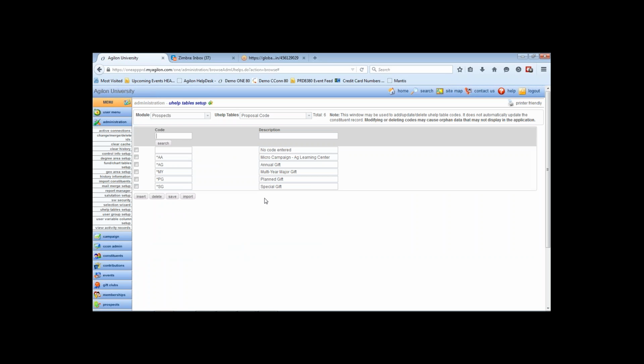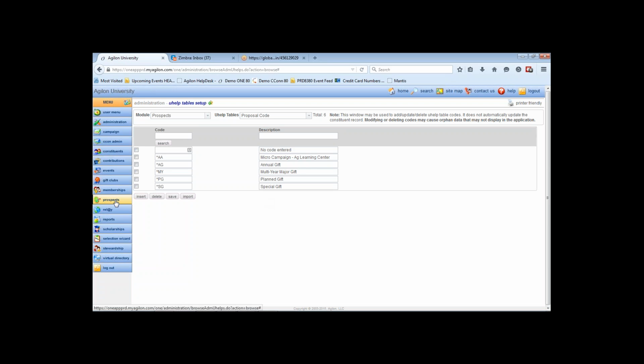It would be important also to make sure that you come up with some kind of naming convention for the code so that you can find these things easily in the lookup. I've designated my codes to start with an asterisk. You could certainly use something else, but this is one of those good tips that will help you to find these. So I've designated all my codes with asterisks, and now when I go into a proposal